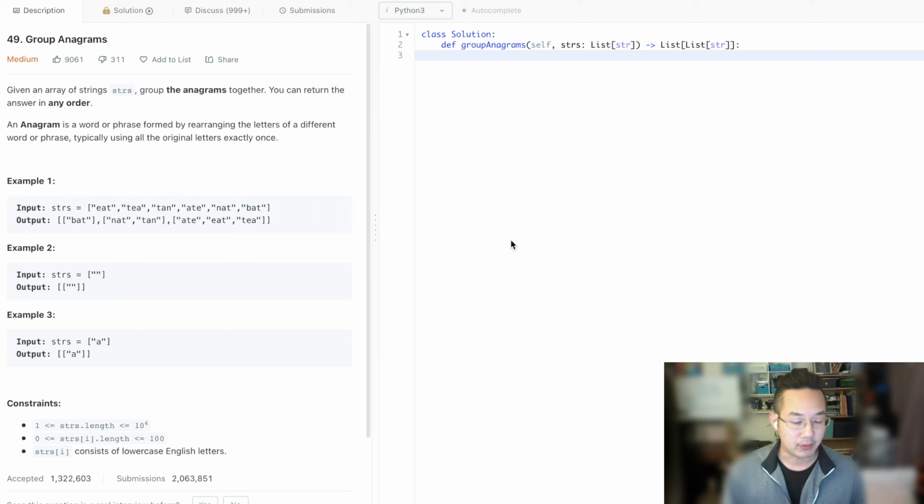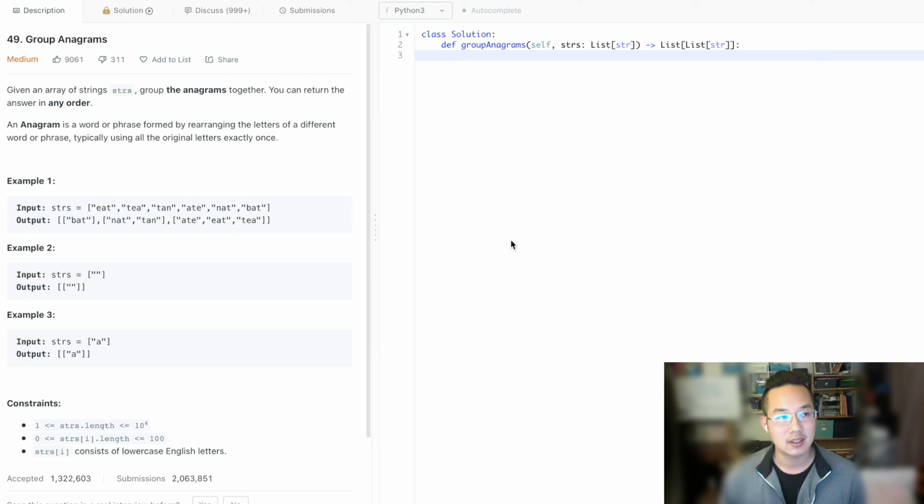However, in this case, we have the ability to create a dictionary where we use the counter as our key, so that all items that count into a similar counter will give us that same key. I think